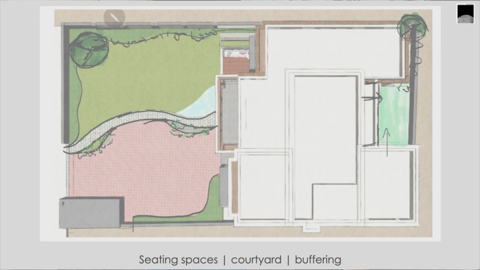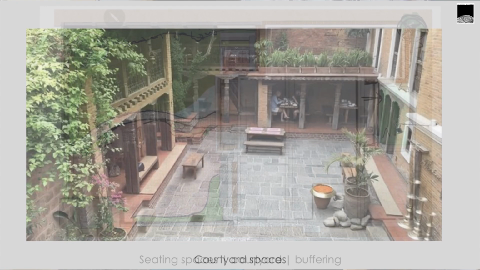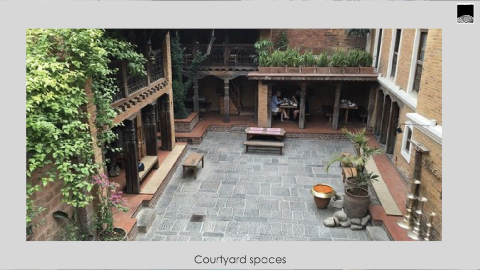The open lawn with a sitting space under a tree gathers the family members, creating a sense of togetherness. The courtyard space is the gathering space for festivals like Dashain and Tihar. Like the courtyard space in ancient Newari homes, it will be the connecting space in festivals.